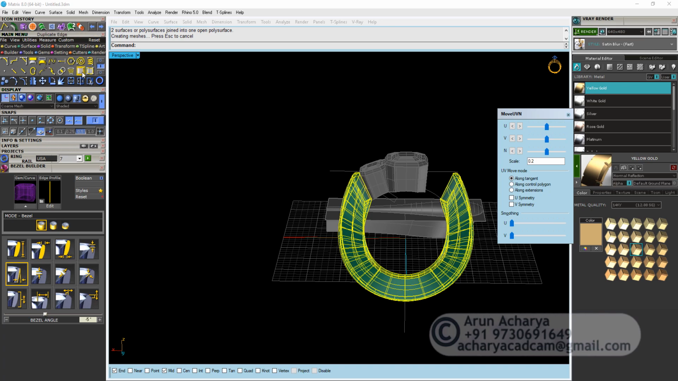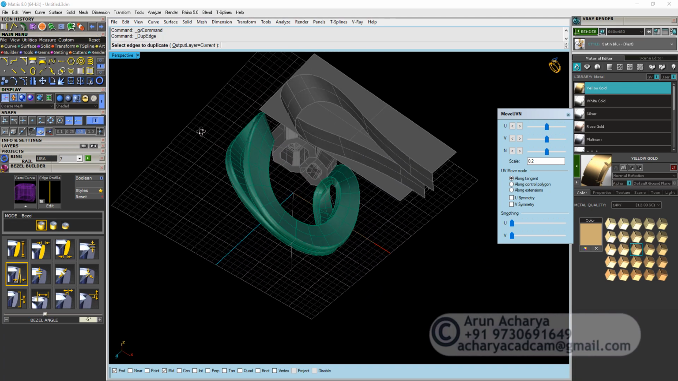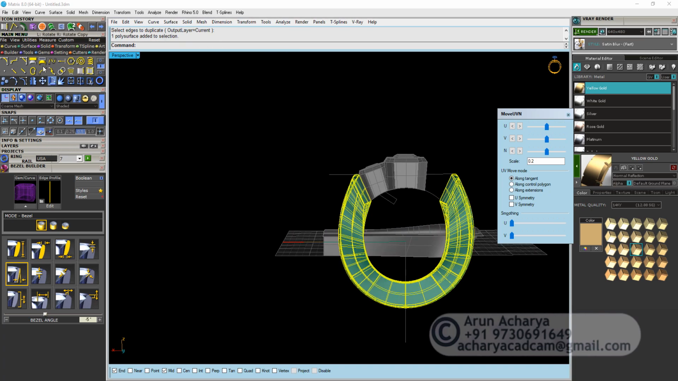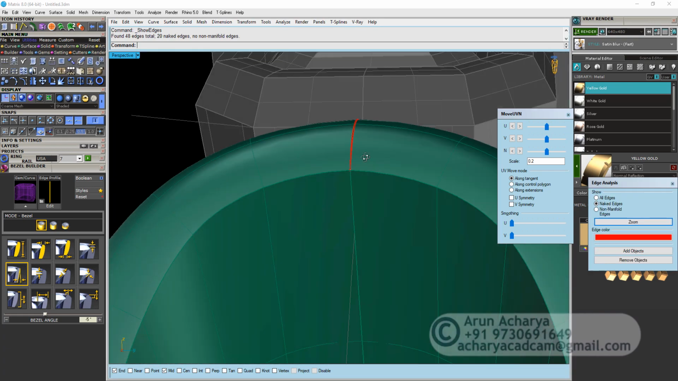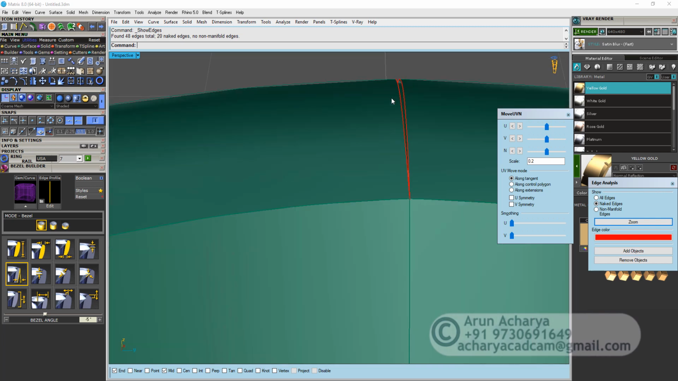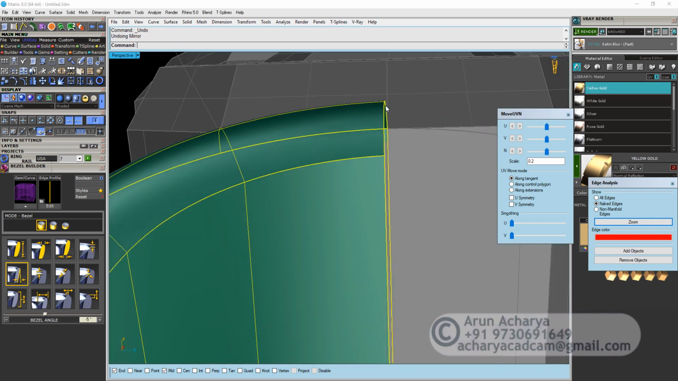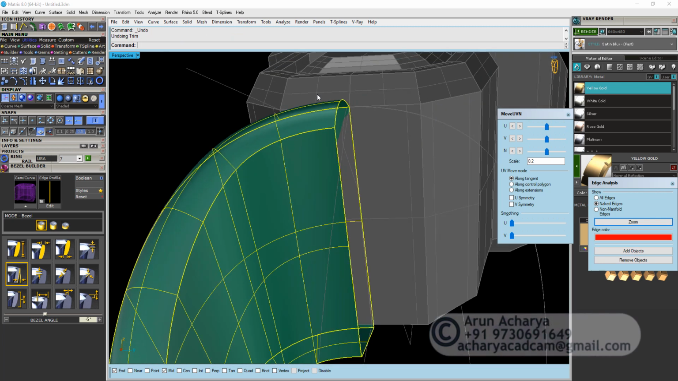Okay, where do we have a problem here? Where is the problem? Okay, the problem is over here. Okay, when I did the MoveUVN, I actually didn't do a Scale1D, which I normally do. So